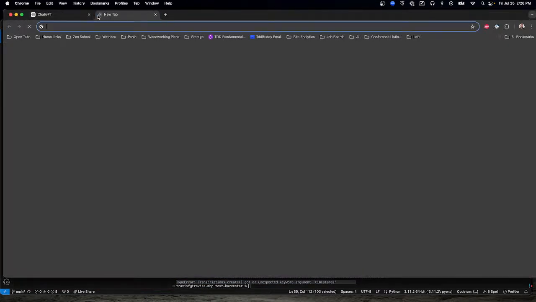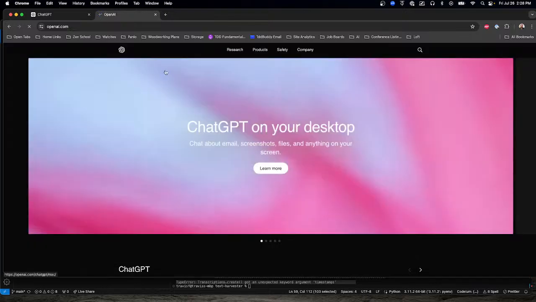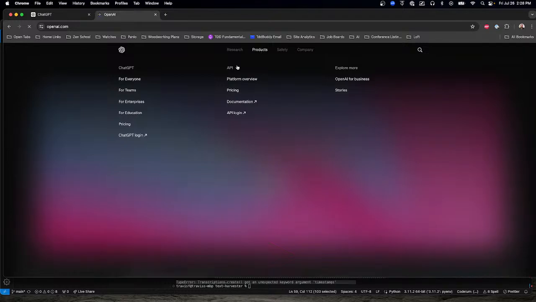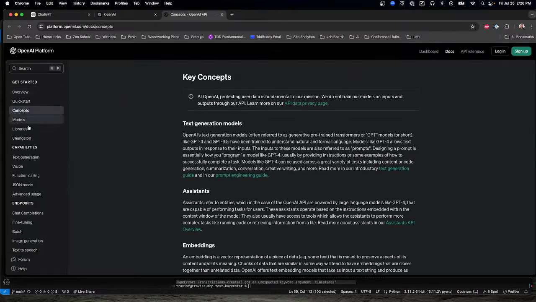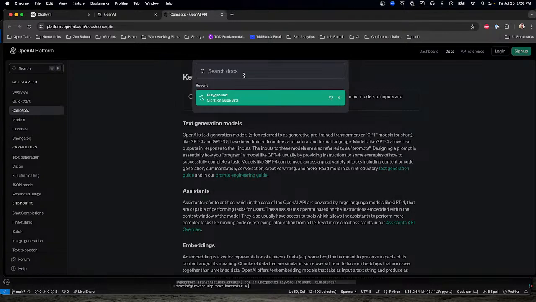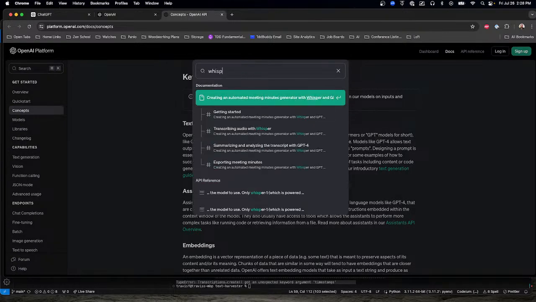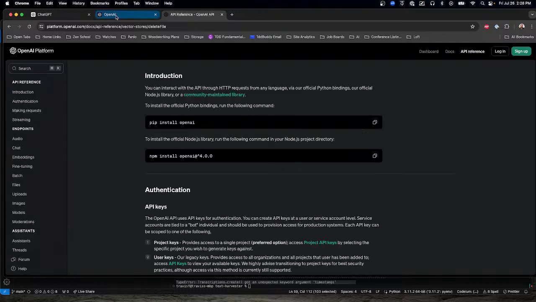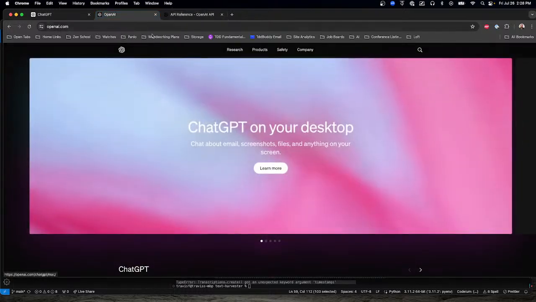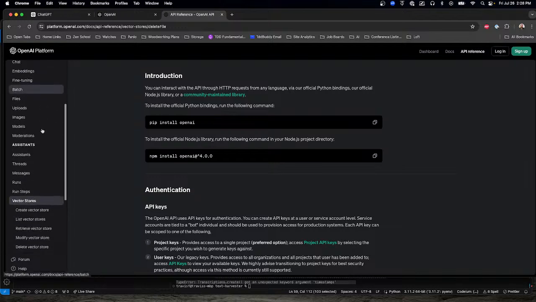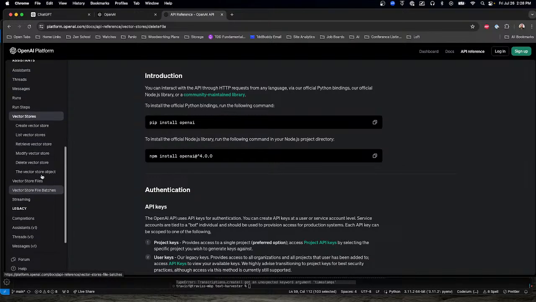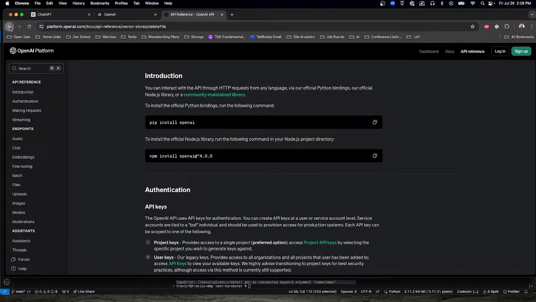Okay, well, when in doubt, go to the documentation, right? Products, documentation for your API. I do not want to go to vector storage. Vector stores seem like what I want.